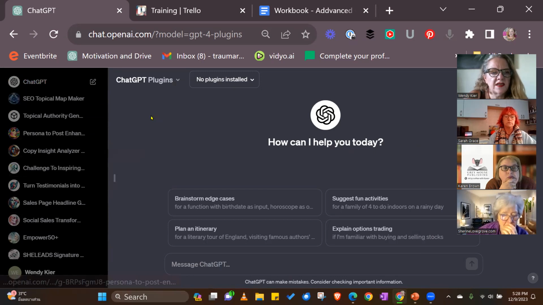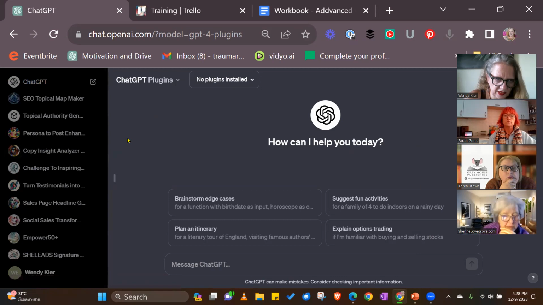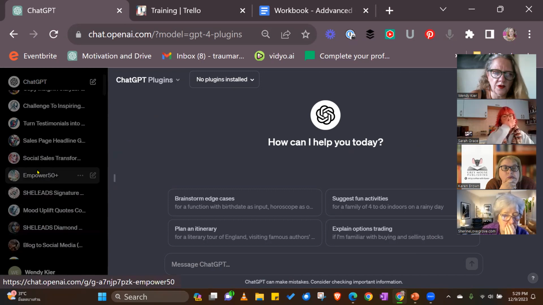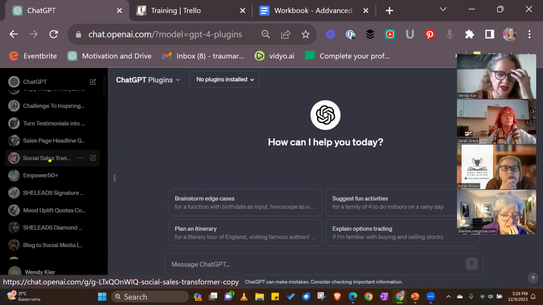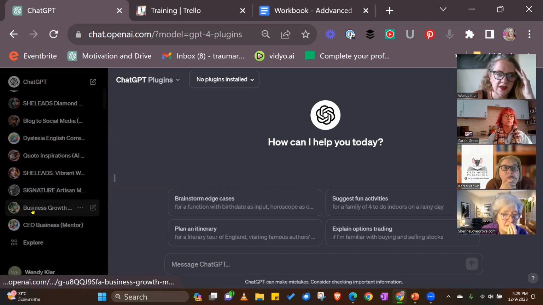So on the left-hand side here, these are all the ChatGPTs that I've created. Now, I've obviously created quite a few, and I use them a lot. My favorite ones are some of the simplest ones that I've created. Like one is to give me instant headlines from copies that I've produced. It's brilliant, absolutely amazing. But this is where they'll sit. They'll all sit on the left-hand side.